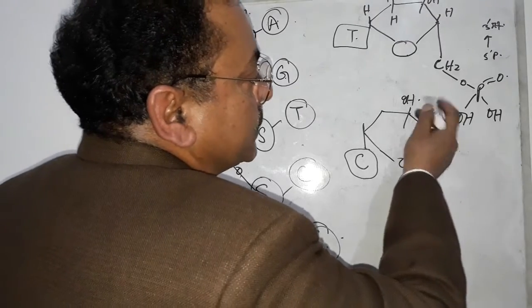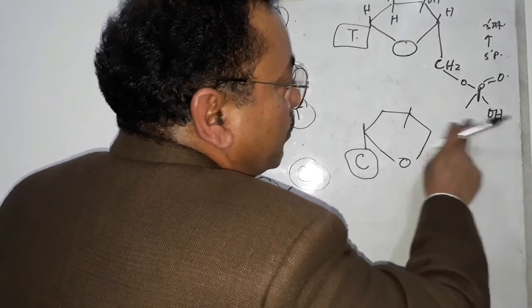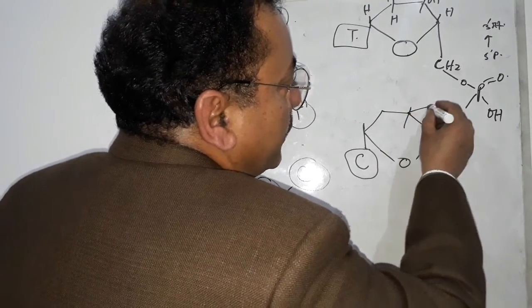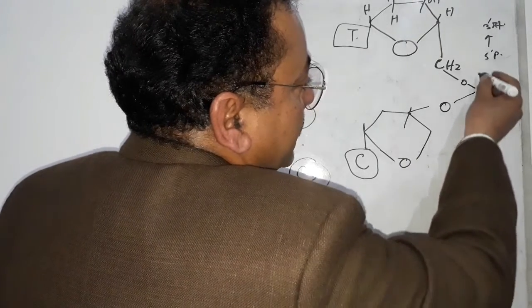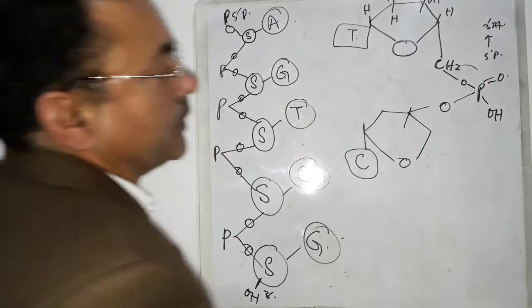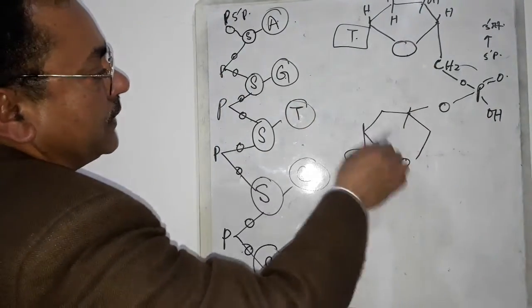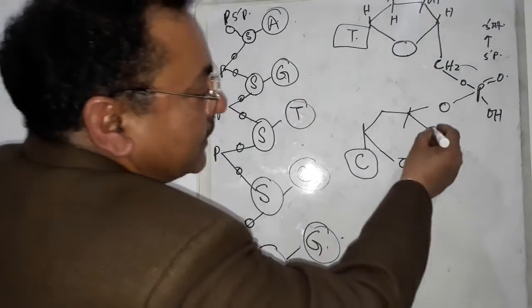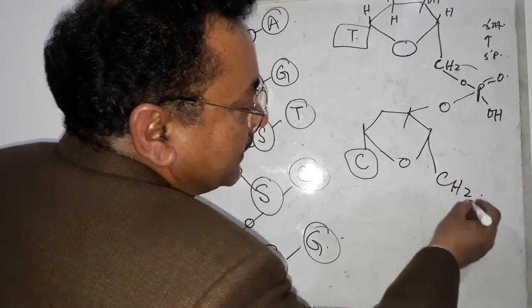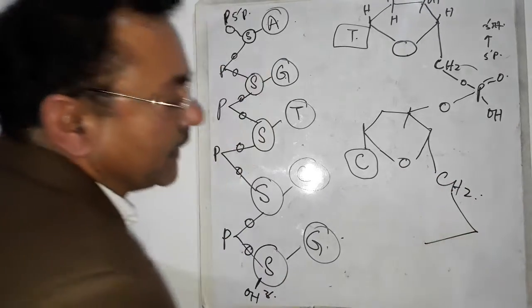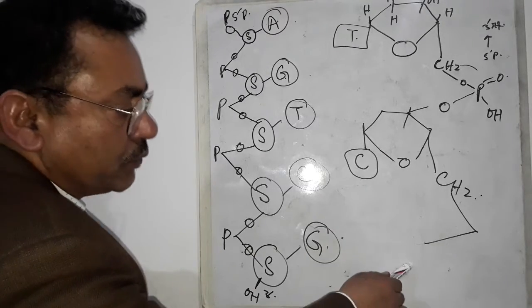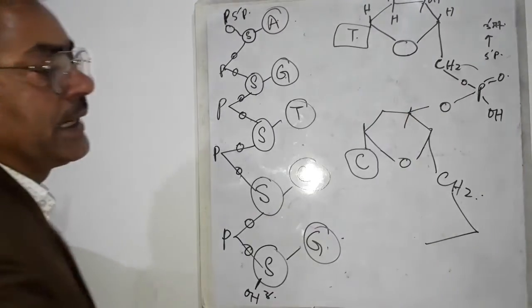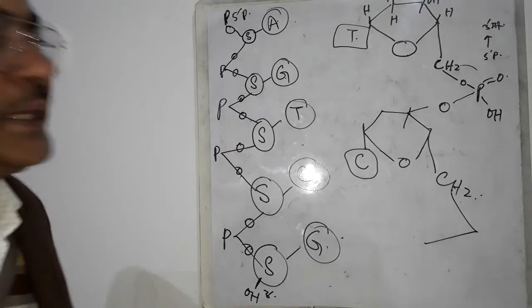And likewise, you will eject a water molecule to establish a bond that you call the phosphoester bond, and this is the phosphodiester bond between this nucleotide and this nucleotide, and this process will continue. Again, a phosphodiester bond will be established between this and the new nucleotide, and you will similarly get a polynucleotide chain.